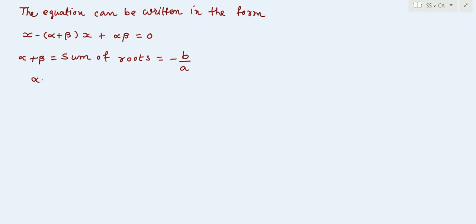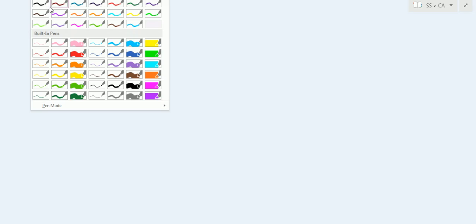And alpha beta is equals to the product of roots, and it is equals to c divided by a. Okay. Now some important points we have to note, and it is the most important point for our chapter. You have to remember these points at any cost. Okay. Some important points are, first, number one,